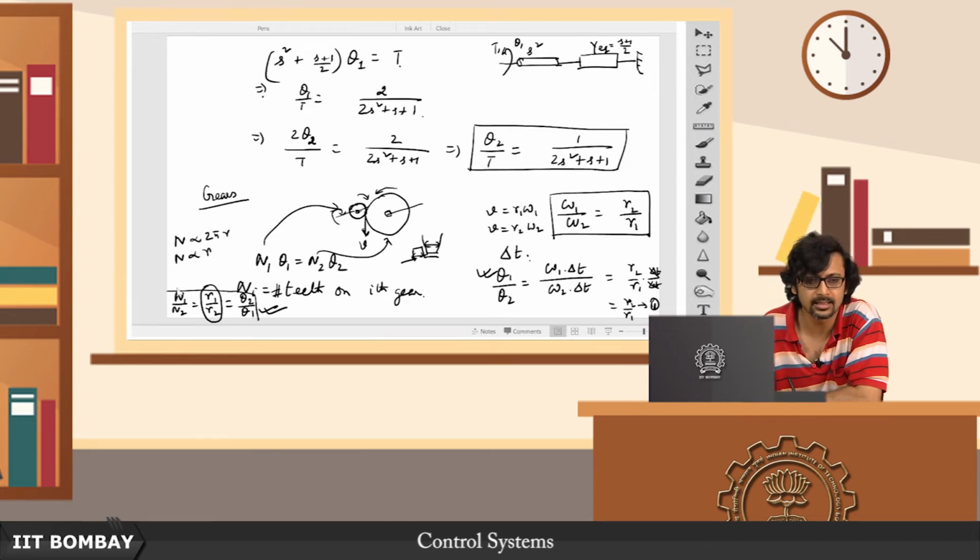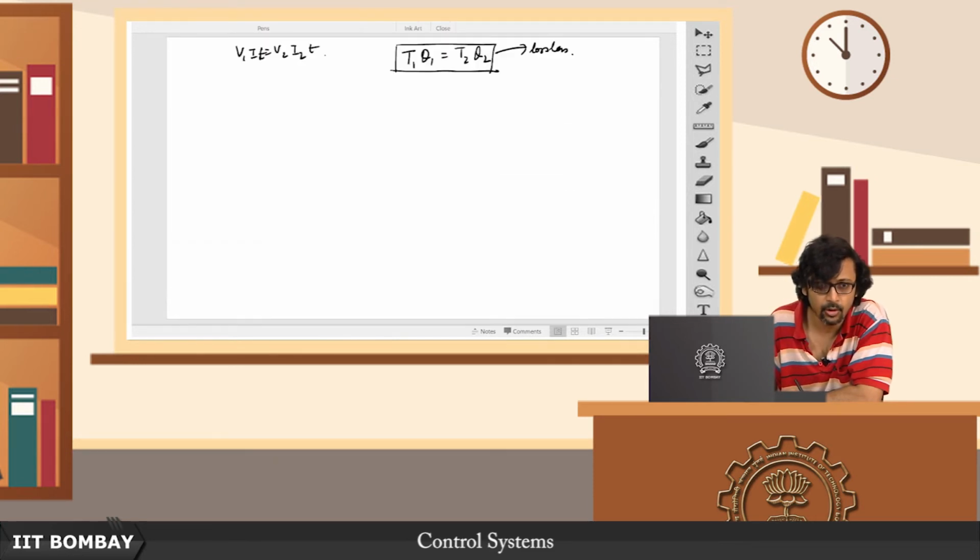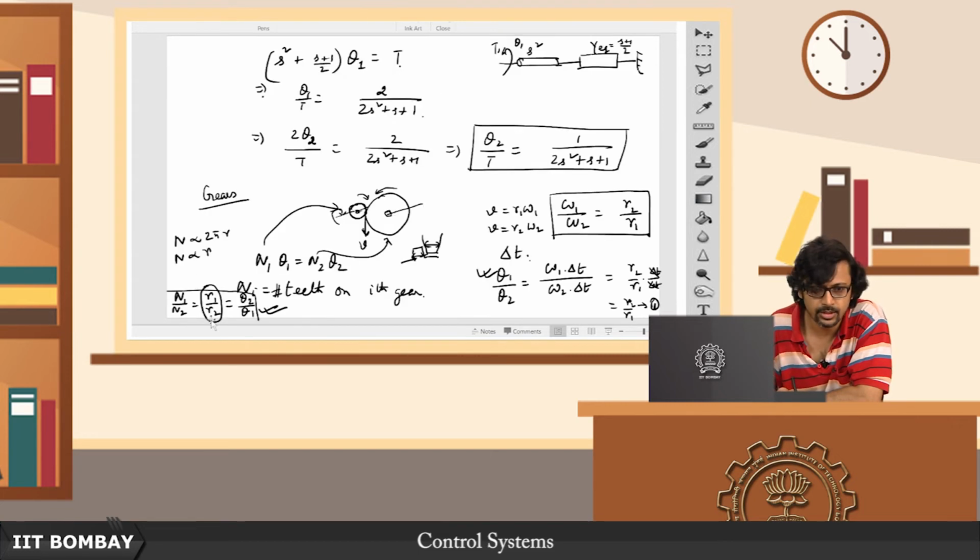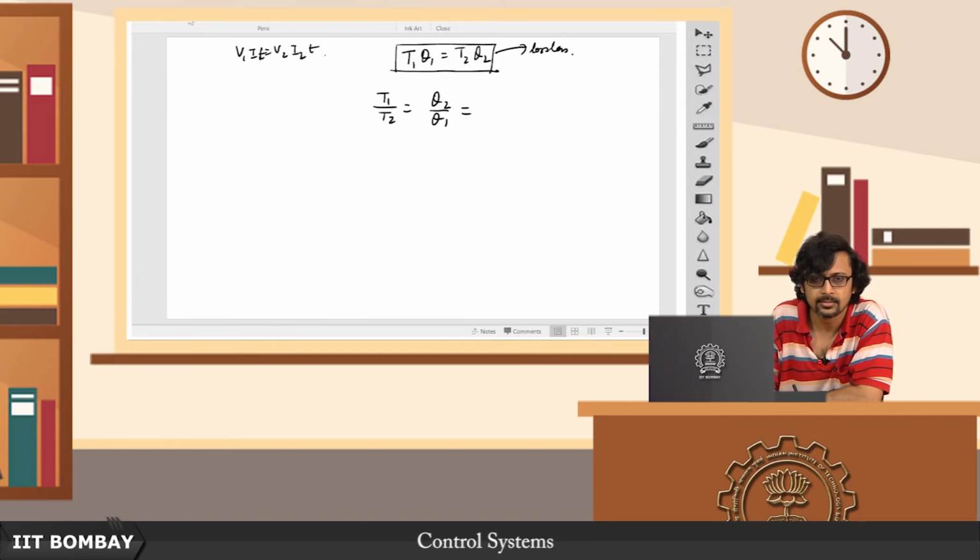Yeah, the tooth width and the number of teeth on the gear uniquely specify the radius. So we get rid of this. This is a redundant variable, as it turns out. So therefore, now we have from this relation T1 by T2 is equal to theta 2 by theta 1, which is equal to n1 by n2, the important relation